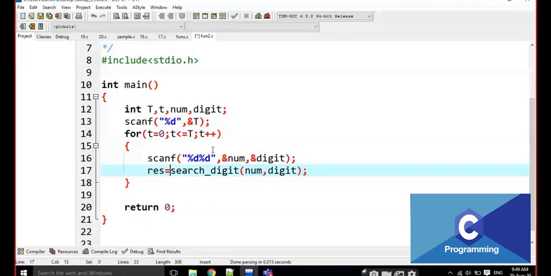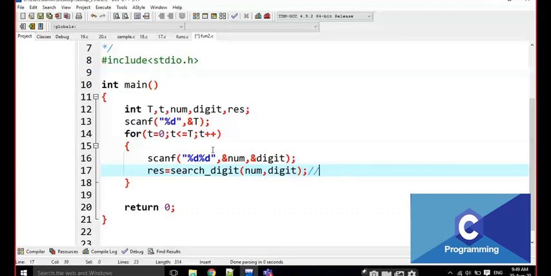Just look at that. The result is always going to be only 0 or 1. That means true or false. It is written every time as 1 or 0.